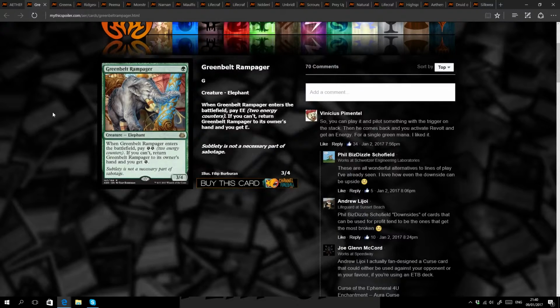And over here we have Green Belt Rampager. So for 1 green mana, you're putting down a 3/4 elephant creature with a rare cost. Now this is really, really strong for 1 cost mana. Whenever this enters the battlefield, you pay 2 energy. Now the thing is this: in order to,